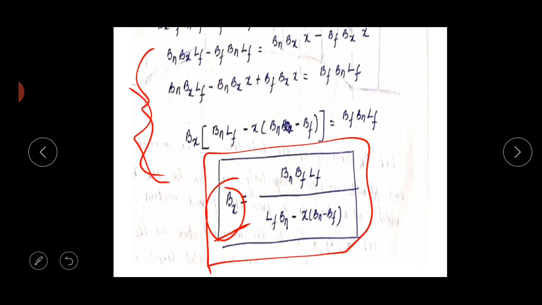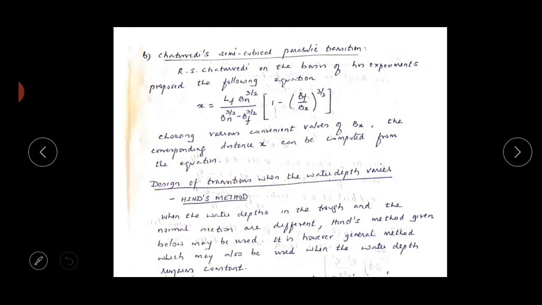Now since we are done with the one part, that is the design of transition considering water depth as constant, now we'll go for another type, that is Chaturvedi's semi-cubical parabolic section for the same design of transition considering the water depth to remain constant. Okay, here